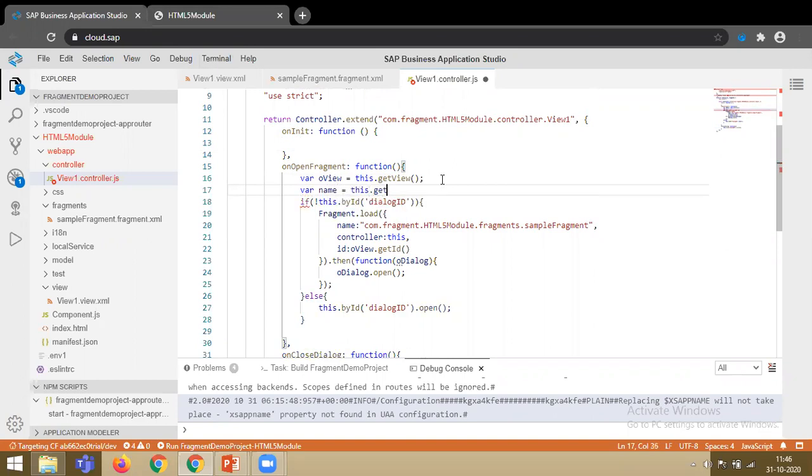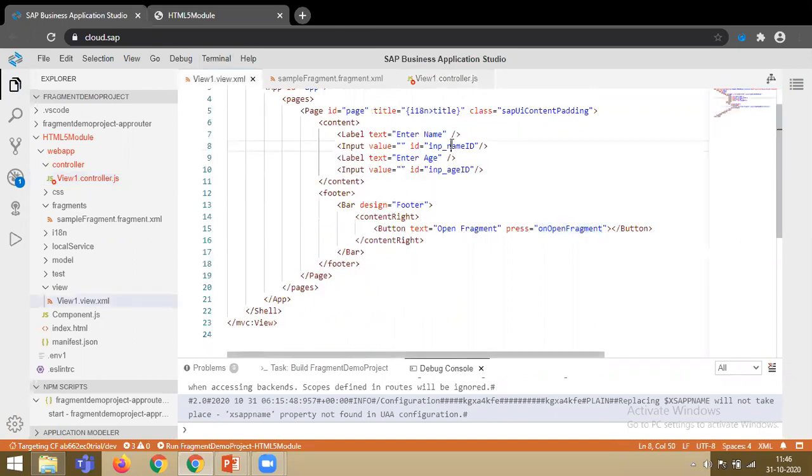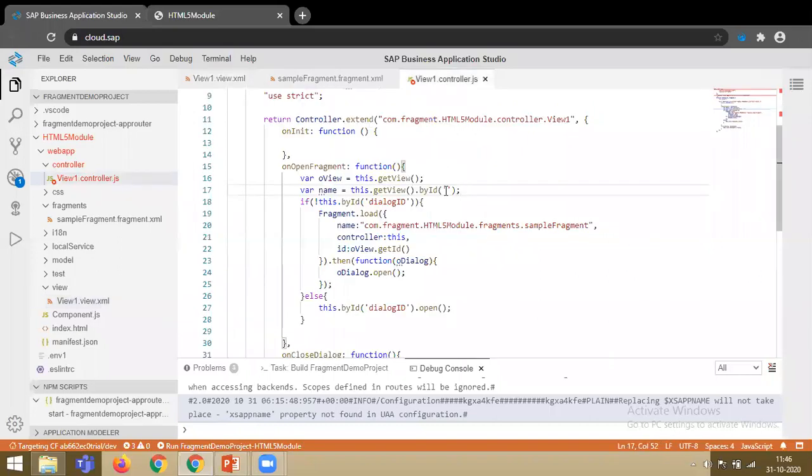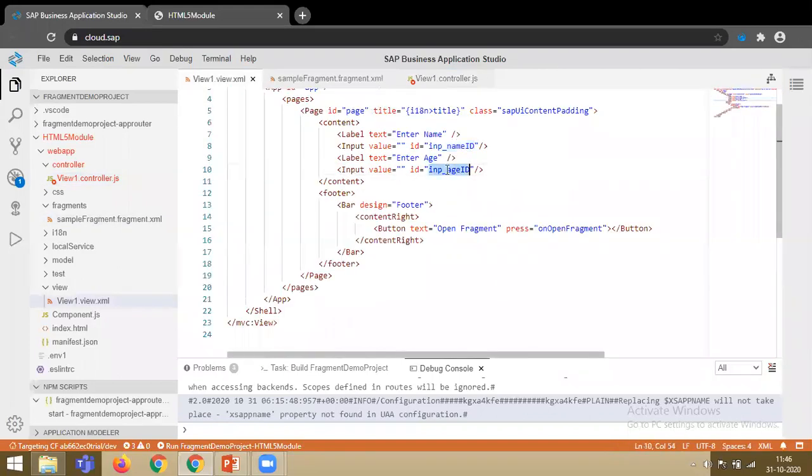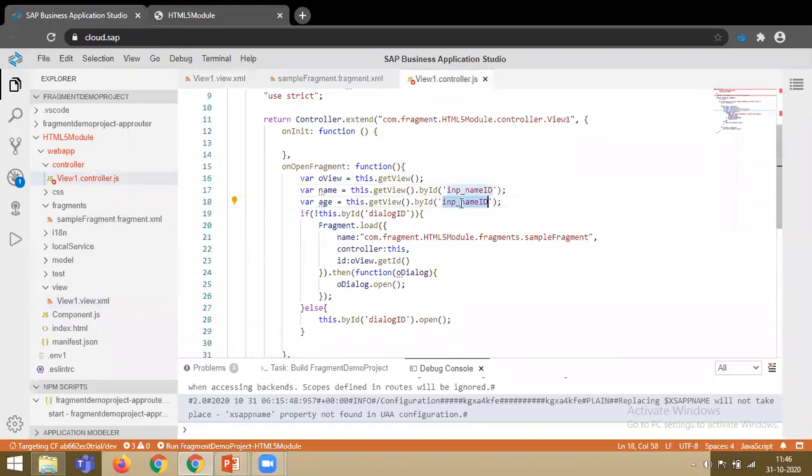I'll get the ID using the function, that is this dot getView dot byId. I need to copy the ID, so my name ID is available. Same I need to do for the age, so let's copy the age ID. Now my name and age fields are available.